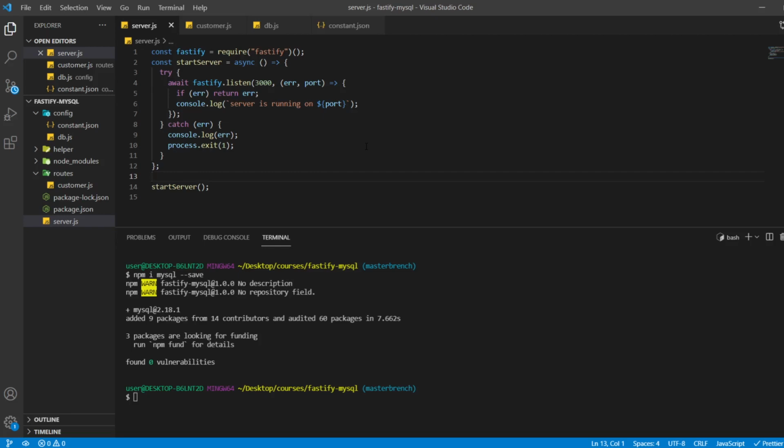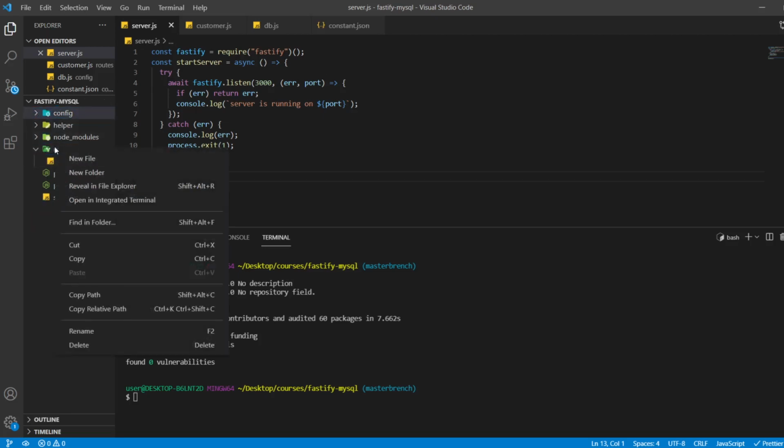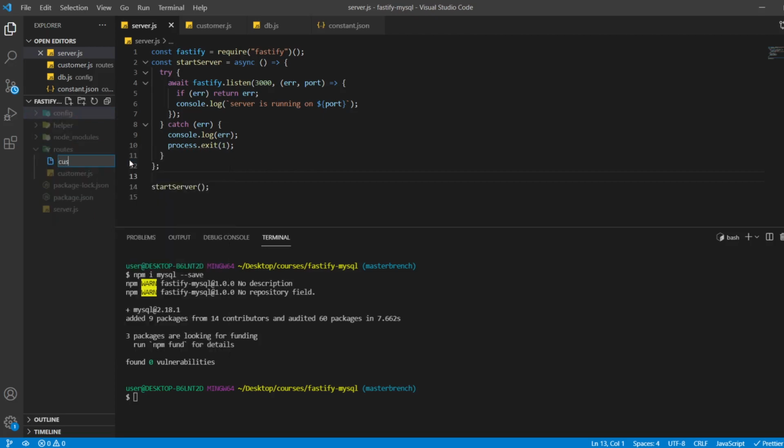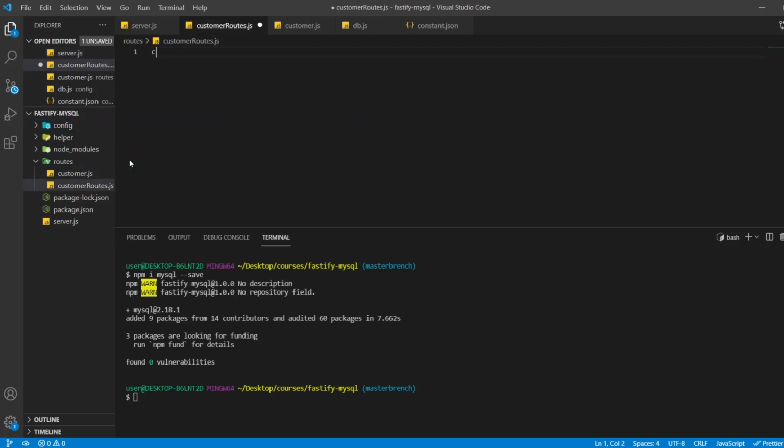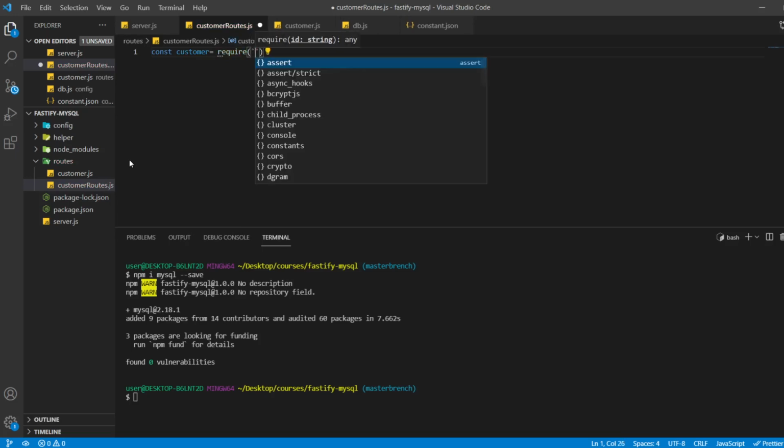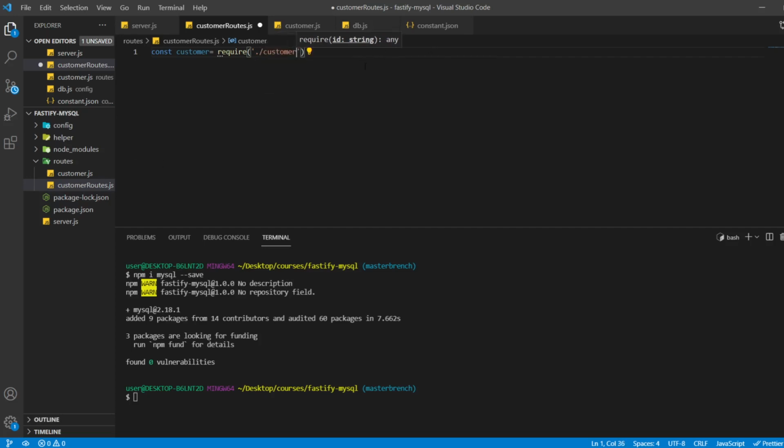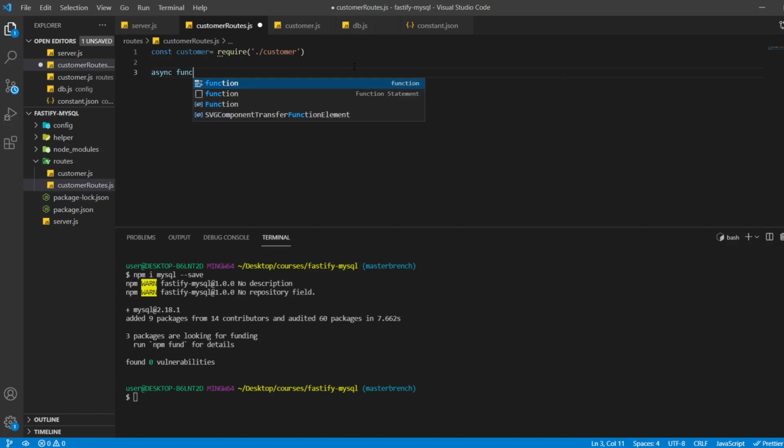After doing this, we will also have to create another file for routes. So here I'll create customerRoutes.js. Here I'll need customer first, the function that I have just made, and that file is in the same directory, so just customer. Okay, and then I'll create an async function.